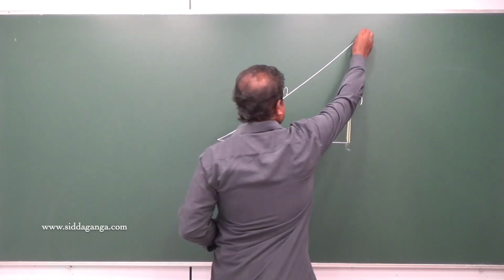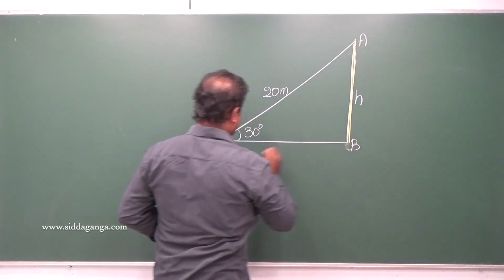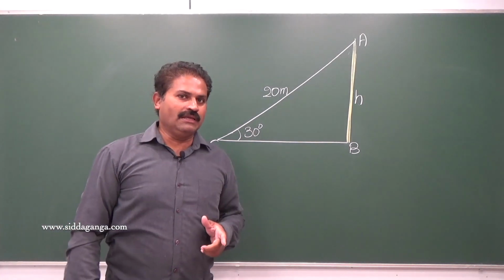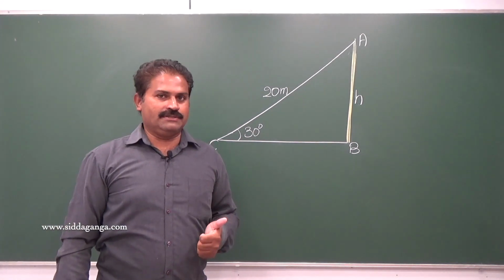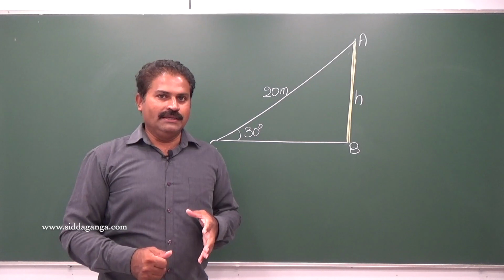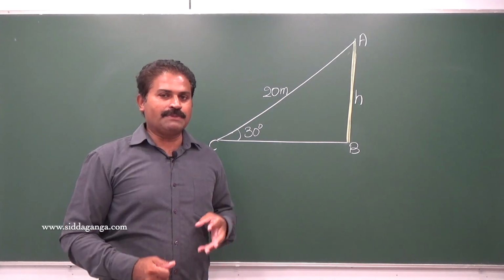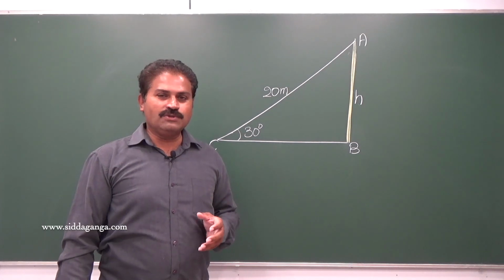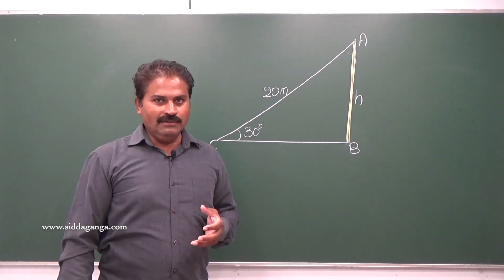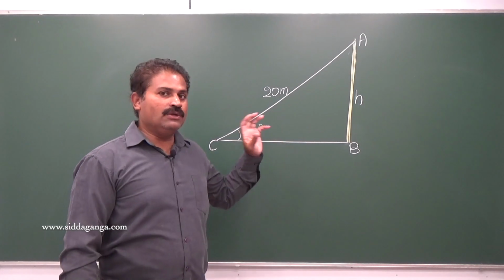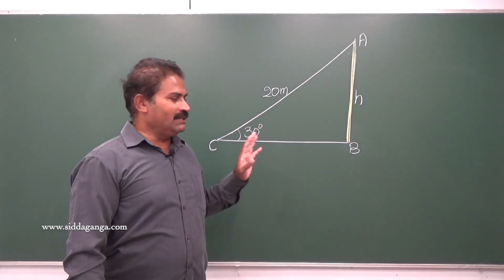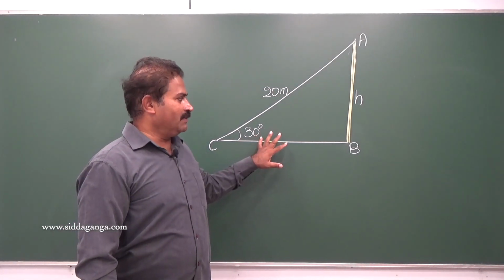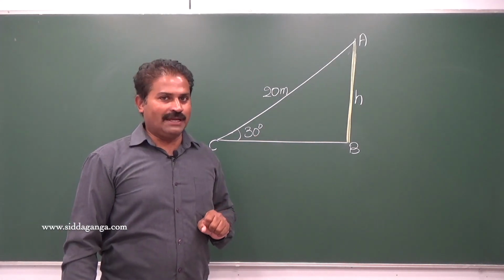So let us consider this triangle as ABC. In this exercise, the most important thing is to understand the question, interpret it perfectly, make some rough diagrams to represent that question. Then find out what you need to calculate in that. Then put all the data in that, then allow your brain to think. Without understanding the question, without interpretation, and without a rough diagram, it becomes difficult for you to handle these questions.